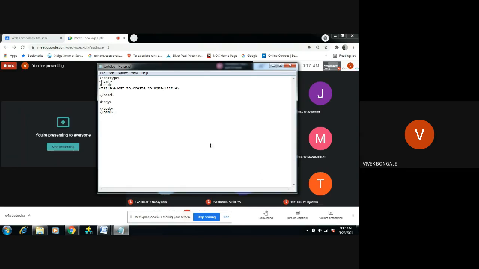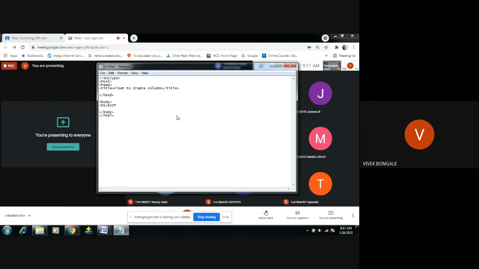So first I will move to the body part, and I want the heading. So I'm using the header, right? So I want a heading. So what I will do, I will create whatever software departments we have in our college. Software departments means we have computer science and information science. These are the two software departments we have.